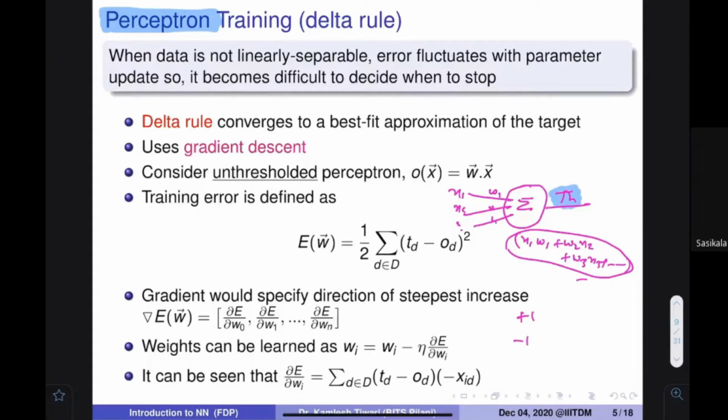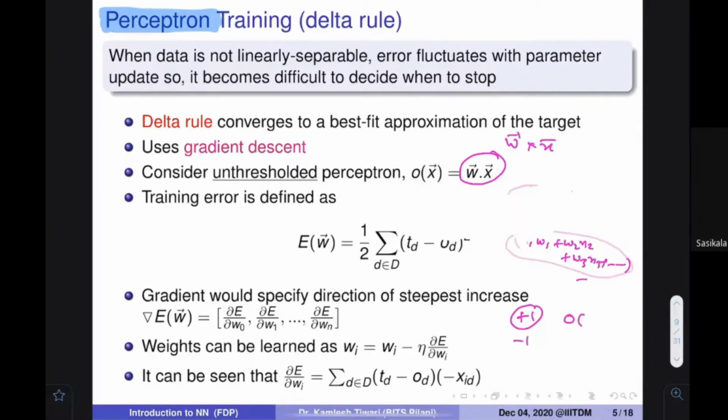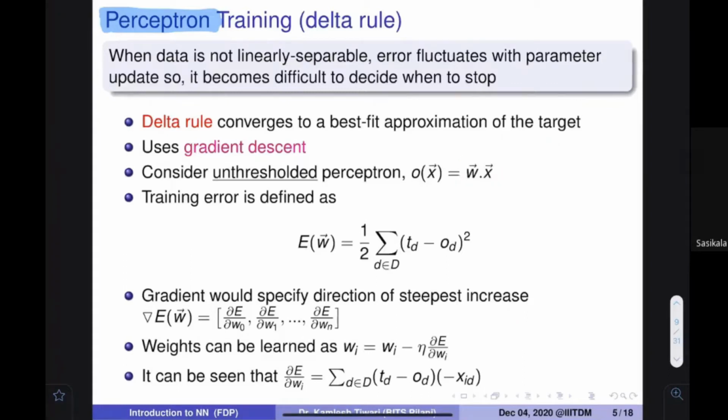Let's assume the item was positive and you give me some output. One more thing I wanted to tell you is that these xi's I can write as a vector x, and these w's I can also write as a vector w. When I write w dot x, it's a dot product, and you know that the dot product is a term by term multiplication of the items. This is nothing more than that. Is this clear? Here I have removed the thresholding. This is the output given by my system.